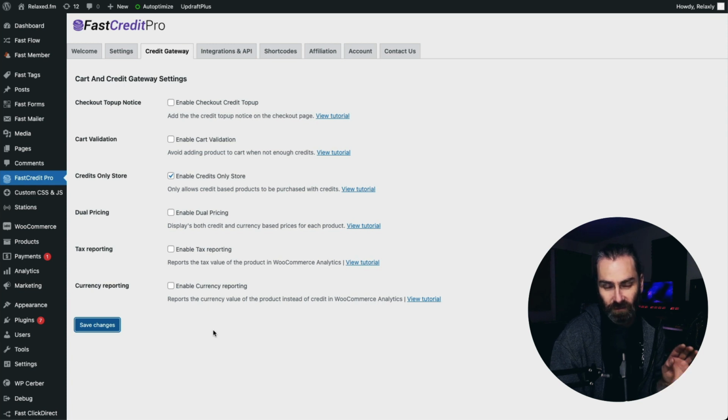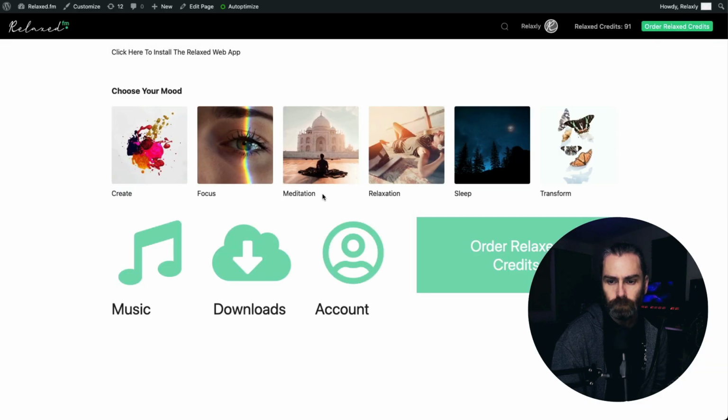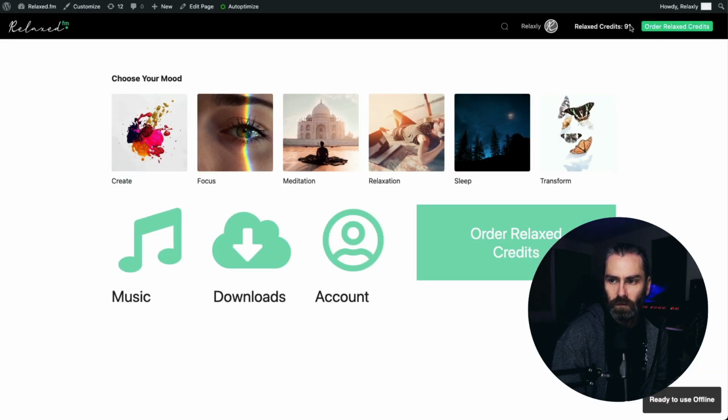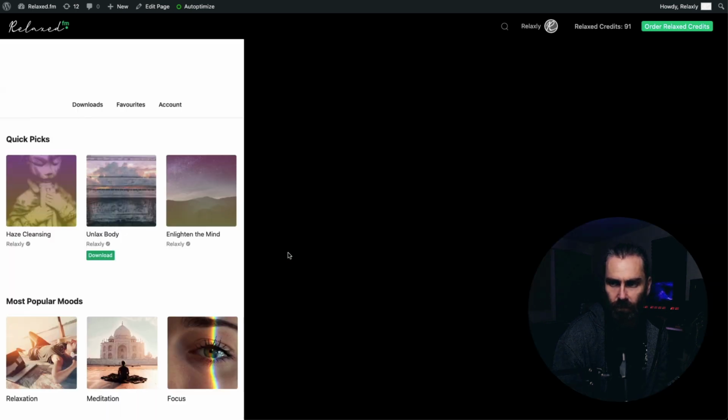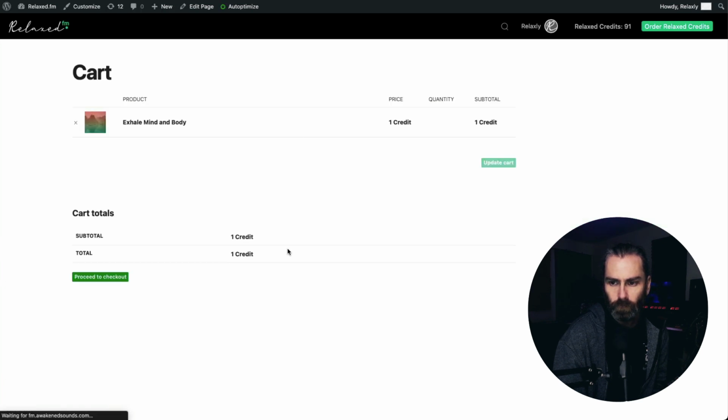So that's the only thing you need to be aware of with this transitional plugin. Once you've done that, you can obviously go through your site and make sure everything's working, perhaps do a test purchase. So if you visit the site, you can see we've got our user credit balance here in this particular site. And if we visit a page with some products to purchase, say we wanted to add that to the cart, and proceed to checkout,